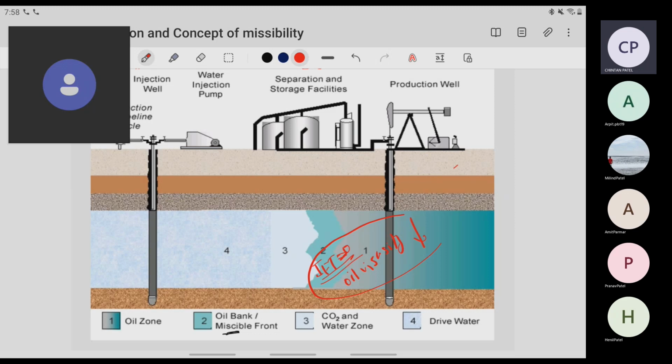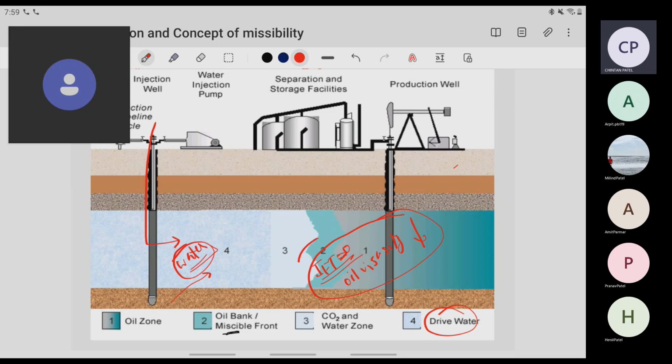बट डेफिनेटली अभी भी उतनी अच्छी माइक्रोस्कोपिक एफिशिएंसी नहीं होगी। तो हम क्या करेंगे, फ्रंट के बाद, मिसिबल सब्सटेंस इंजेक्ट करने के बाद इसको धक्का लगाने के लिए वाटर को भी थोड़ा ड्राइव के यूज पे इंजेक्ट करवाएंगे, या फिर यहाँ पे नेचुरल ड्राइव वाटर की हेल्प मिल रही है तो वो भी हो सकता है, ठीक है। बट नॉर्मली हम यही प्रोसेस फॉलो करते हैं। हम पहले मिसिबल गैस को इंजेक्ट करेंगे, वो ऑयल के साथ मिसिबल होगा, फिर हम ड्राइव वाटर यानी कि जो वाटर धक्का लगा रहा है वो इंजेक्ट करेंगे, ताकि ऑयल वेल की तरफ इजीली प्रोड्यूस हो जाए और इससे माइक्रोस्कोपिक एफिशिएंसी इंक्रीज हो जाए।